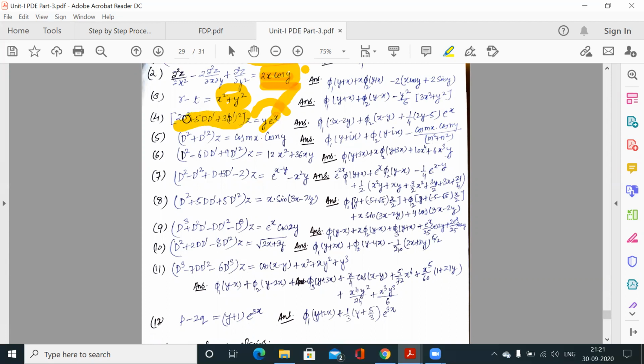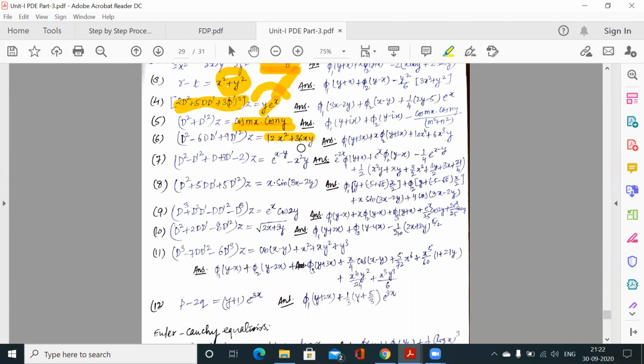First factorize it into linear factors, then apply the formula method. And this is cos mx into cos ny. This is not a case which we have gone through, so directly we cannot get the PI. But this is cos c into cos d, so we can convert this by using the formula for cos c into cos d. This will be converted into sine or cos functions, so a plus sign would be there in between, and we can use that case.